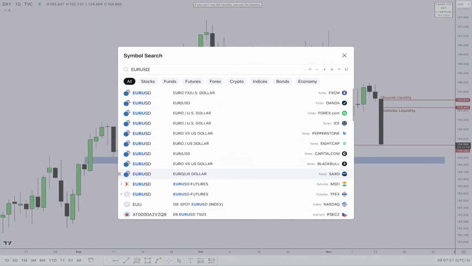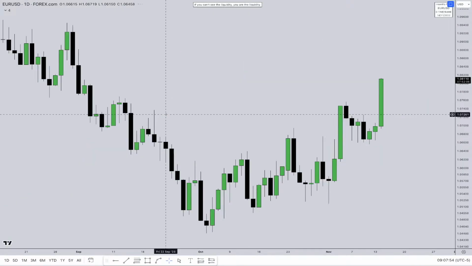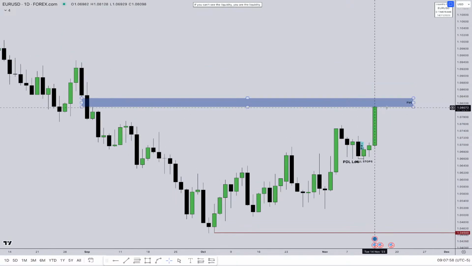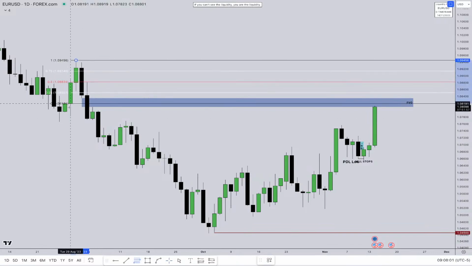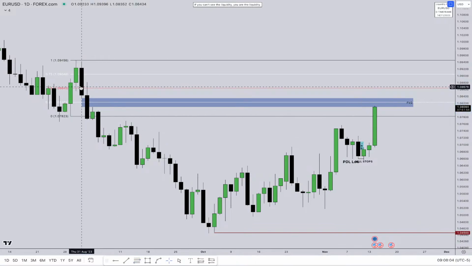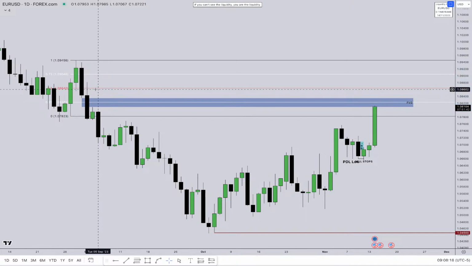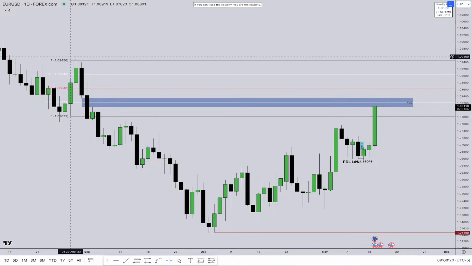So we've just mentioned NQ, ES, DXY, Euro. As I mentioned, the fair value gap, now it's trading inside of it. We have these three consecutive up close candles, which are the bearish order block. If price also closes above the mean threshold of this bearish order block, which comes at this level, 1.08640, if we close on daily time frame above this level, I'll be considering price to attack this buy side